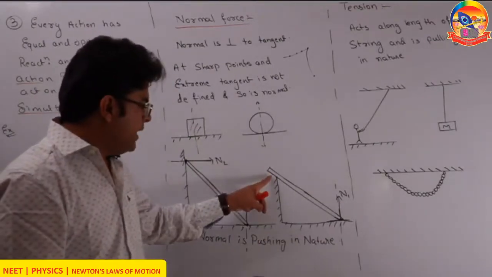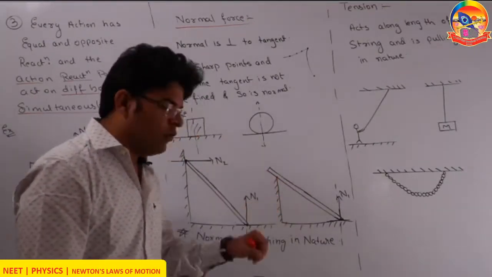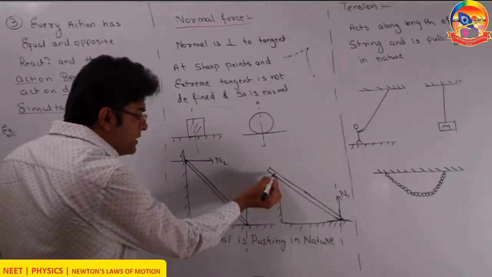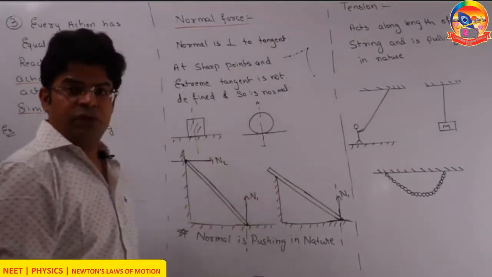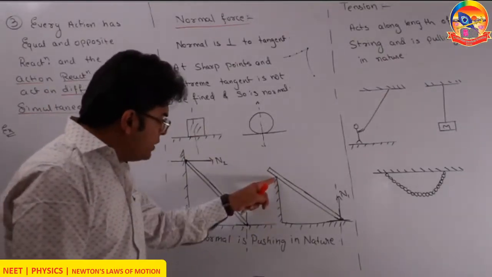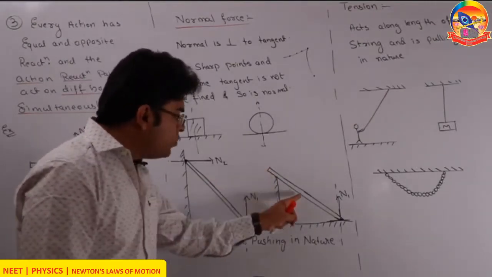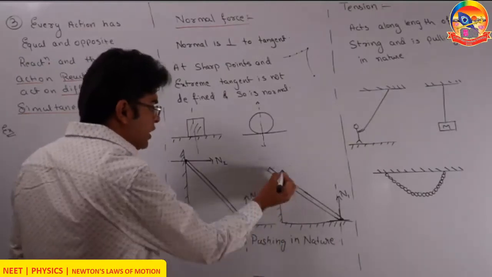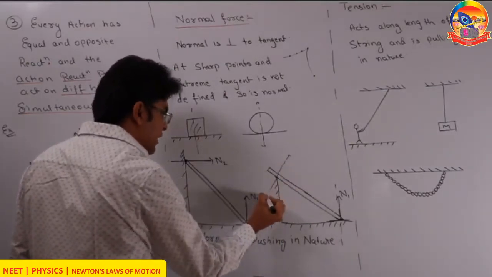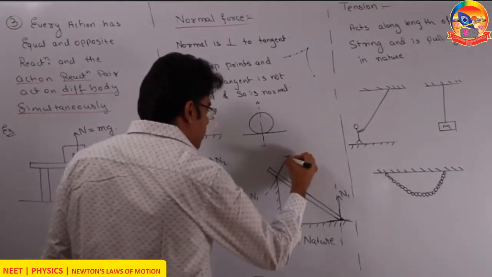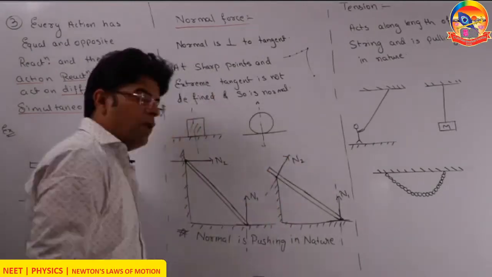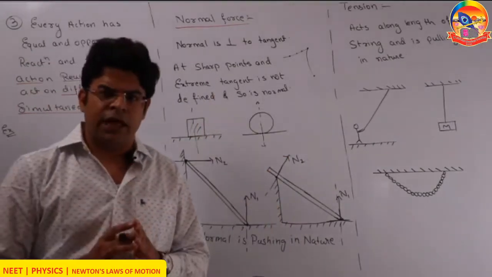But this is the point of interest right now: the place where the ladder touches the wall. At this point, it is the extreme point for the wall. At this point, the tangent to the wall is not defined. But at this point, the tangent to the ladder is defined. So at this point, the normal to the ladder is defined. So the force will act along the normal to the ladder. Let's call it N2.